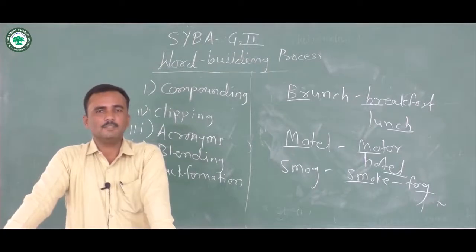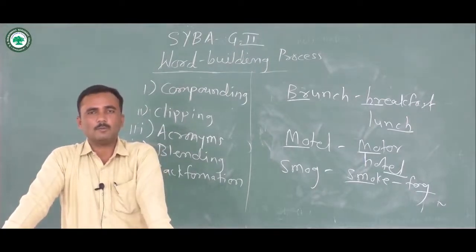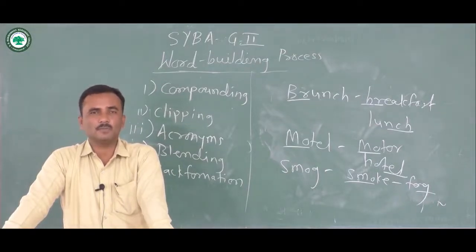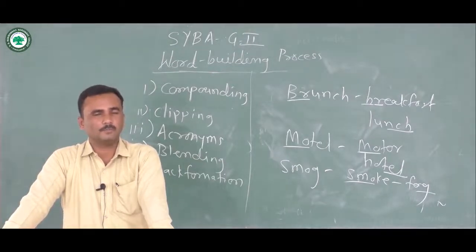So in names, I am here going to talk about the names of celebrities where two different words have been brought together to form a new word. For example, Virat Kohli and Anushka. So you can see here the word Virushka referring to both of them. From Virat, the first part of the first word, that is Vir, has been taken, and the second part, that is Anushka, has been taken to form the word Virushka.